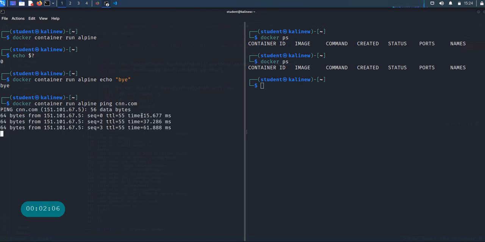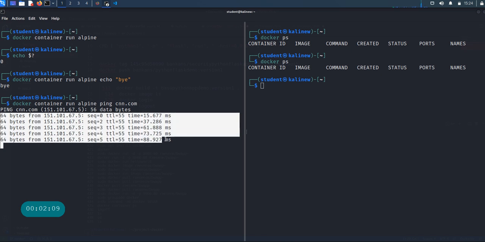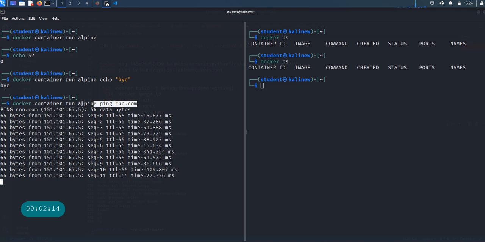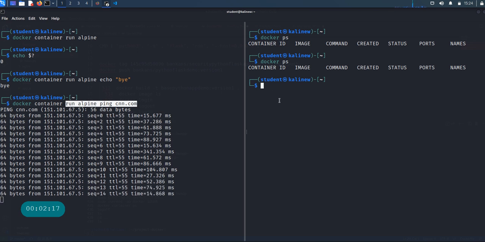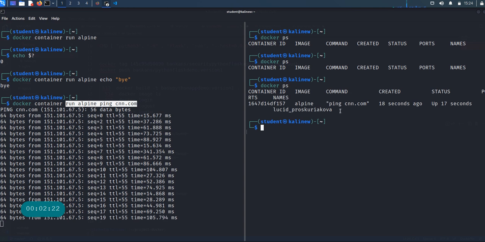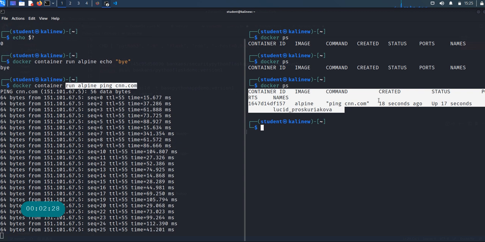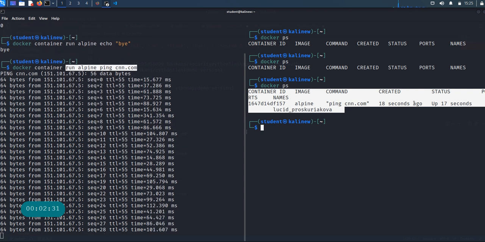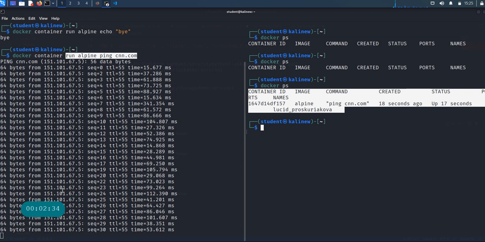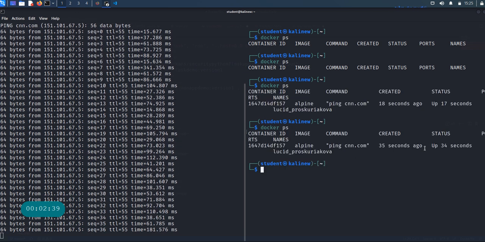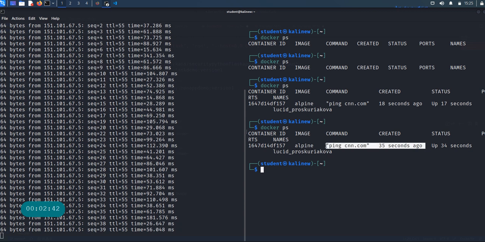So if I do this, look at that. What is happening here? Now I have a process. This ping, by the way, is not happening from my host machine. This is done by this Docker image. So look at the magic over here. If I repeat the command, docker ps, there we go. Now you have the Docker container which is up and running. It was created 18 seconds ago and it's there. As long as this process is running, your Docker container will run. And here's another one, 35 seconds ago it started, and this Docker container is doing only one thing, just